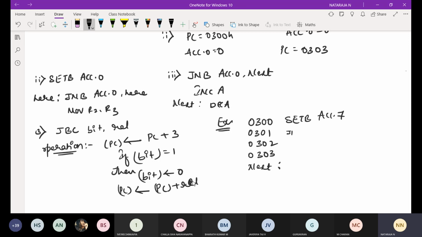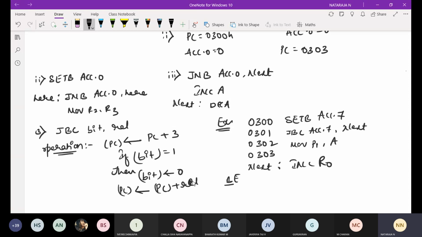Next instruction, jump if bit is set and clear bit of accumulator dot 7 to next. Next, move port 1 comma A, whatever it may be in the accumulator, it will be moving to port 1. Then next, increment R0.